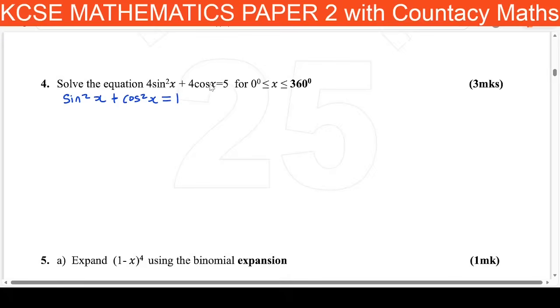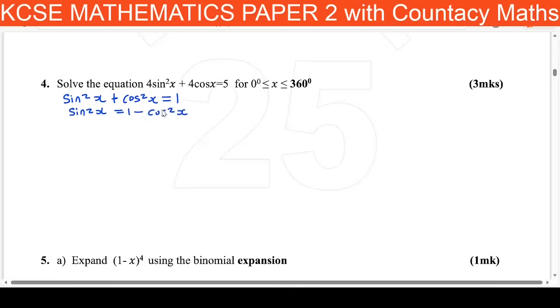But you see, it is very hard for us at this level to convert the cos to sine. Therefore, the easiest way to go about that is to find a way of converting this sine into a cos, and that is where we get to apply this formula. Therefore, we can make sine x squared the subject of the formula by taking cos x squared to the other side, such that you are going to have sine x squared is equivalent to 1 minus cos x